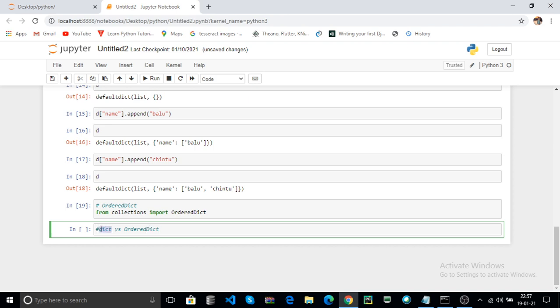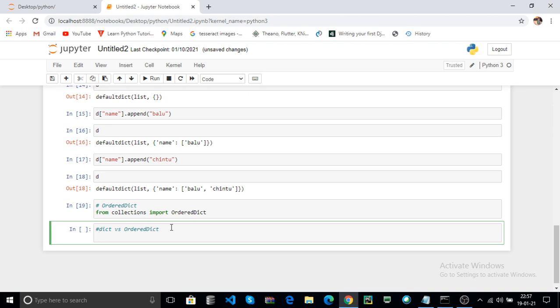The dict returns keys that may or may not be in inserted order, but the OrderedDict returns the keys in whatever order you inserted them. Using the dictionary, it may or may not return them ordered.